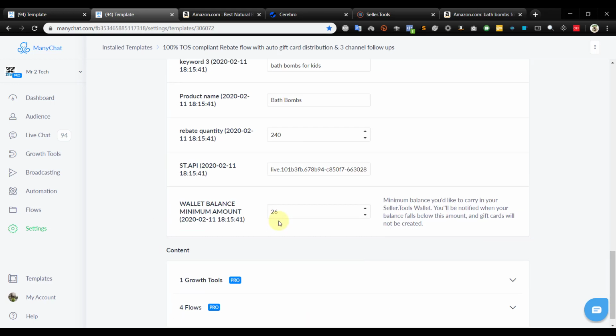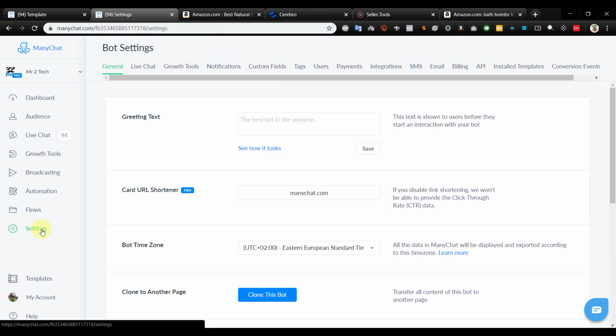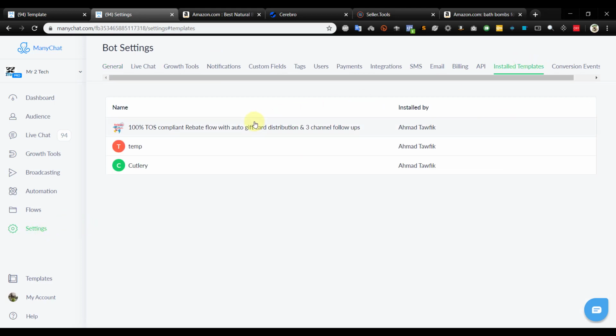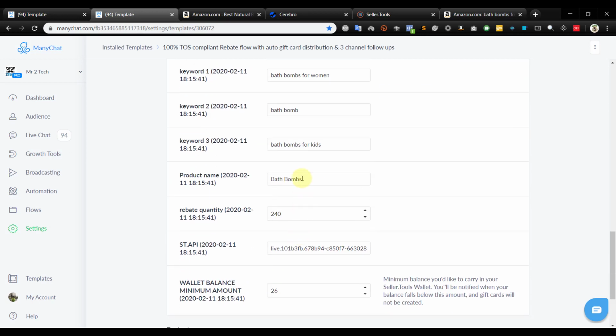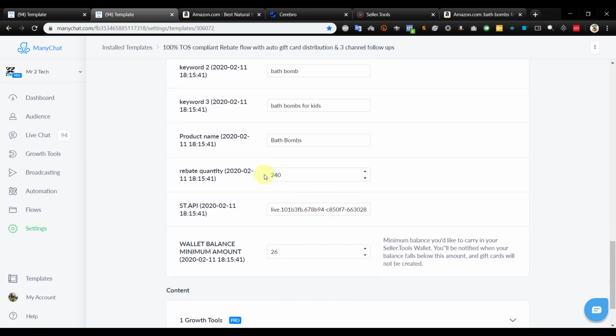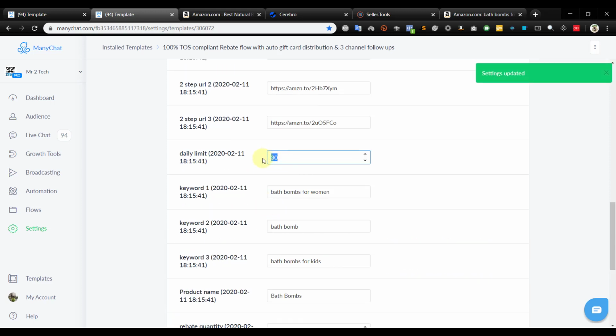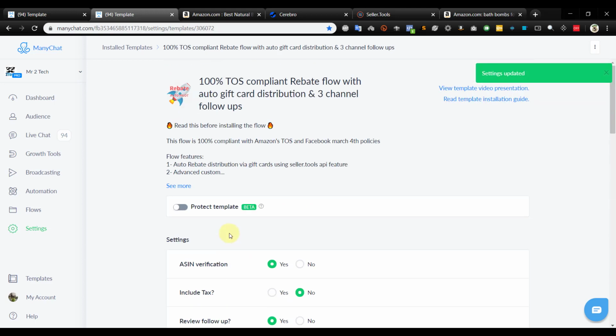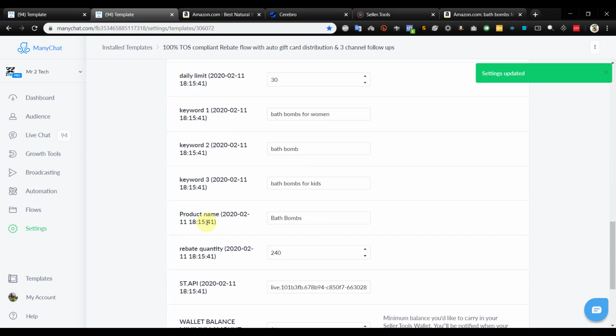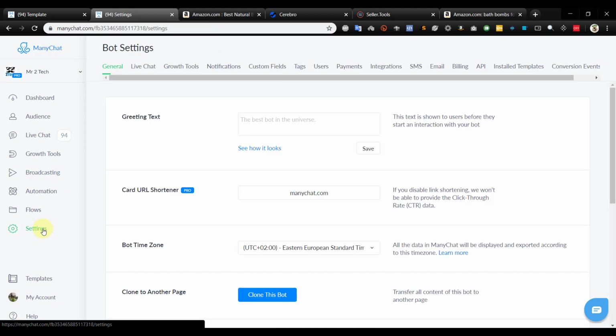Once we are done with the template settings, the template settings are in settings, install templates, this one, and you can edit the keywords whenever you want. You can change the rebate quantity, increase the daily limit, you can increase the wallet balance, and so on. Once you are done with the template settings, you will go to the settings,